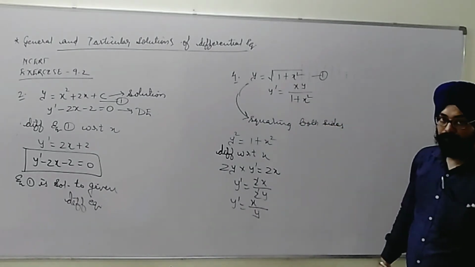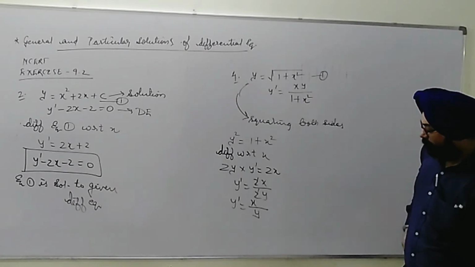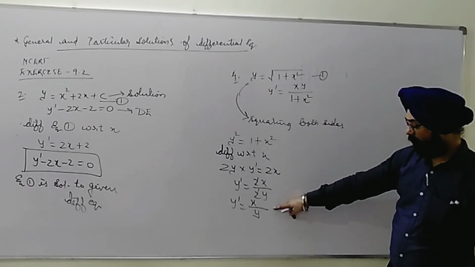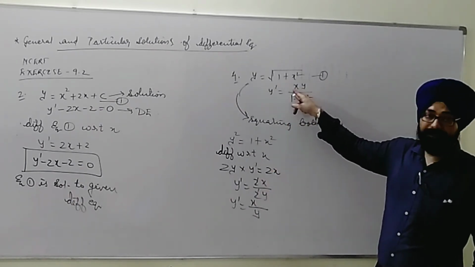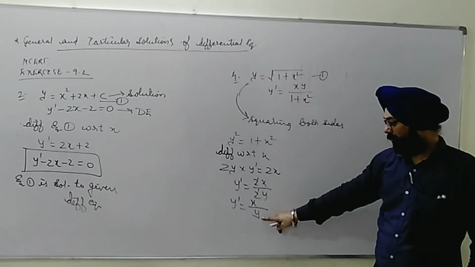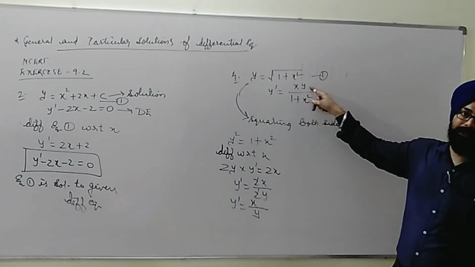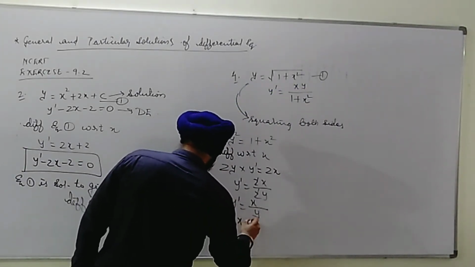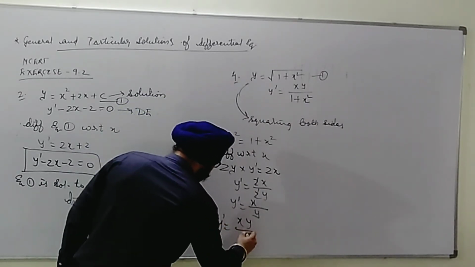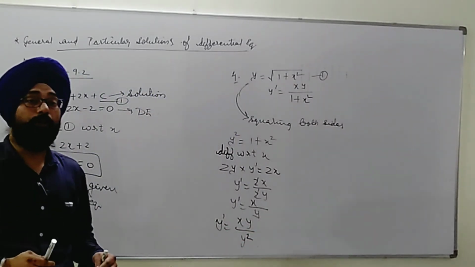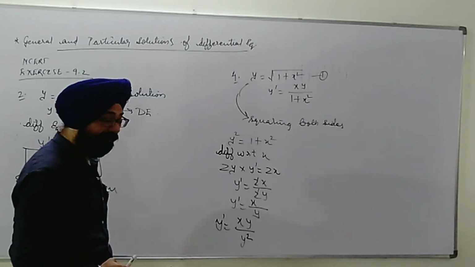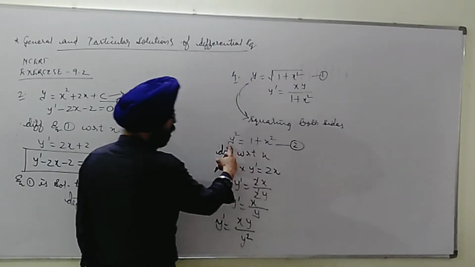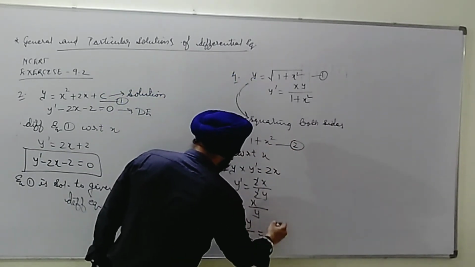Now what we have to do, how we can do it. Here I find that if I compare, x is available in the numerator in both cases. The denominator says y here, but we are having y in the numerator. So I can make a change here. We can write this as y dash equal to xy upon y square, where I have multiplied numerator and denominator by y. Now what is the change? As I need 1 plus x square, the y square can be taken from equation number 2, where the y square value is 1 plus x square. So this directly can be substituted.